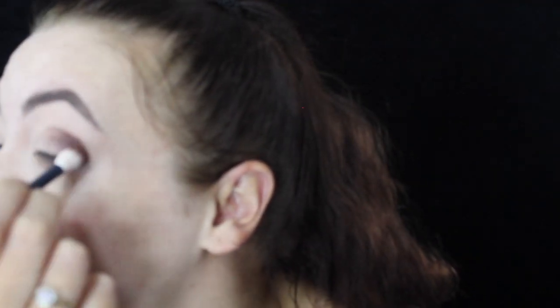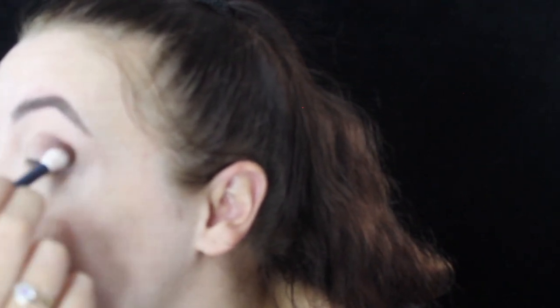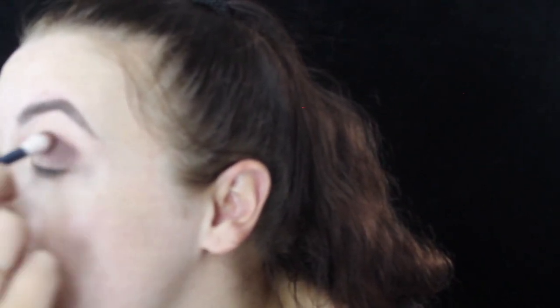So I'm just patting the product in first to my crease. You don't want to drag it over, just pat it in. Don't worry about it looking really messy, because that's where all the blending comes in. At the minute it's completely horrible, but this is where the blending comes in. Once I've patted that colour on and you're happy with the intensity of the brown that you want,